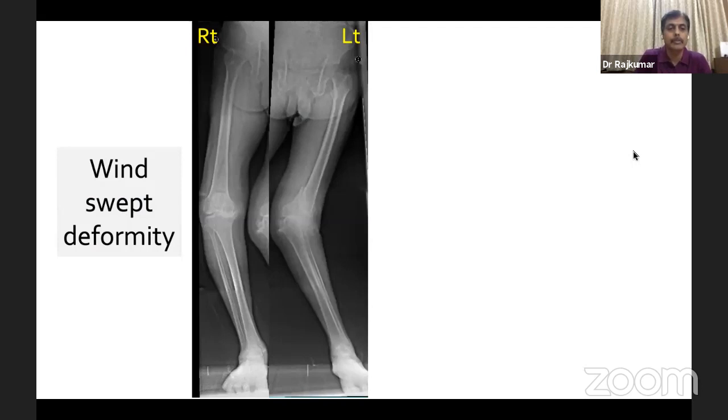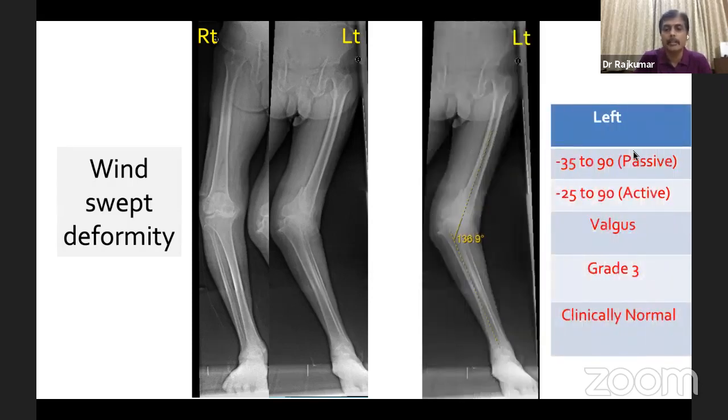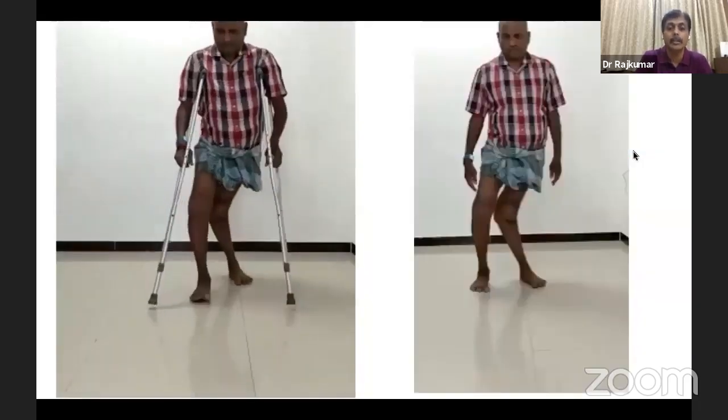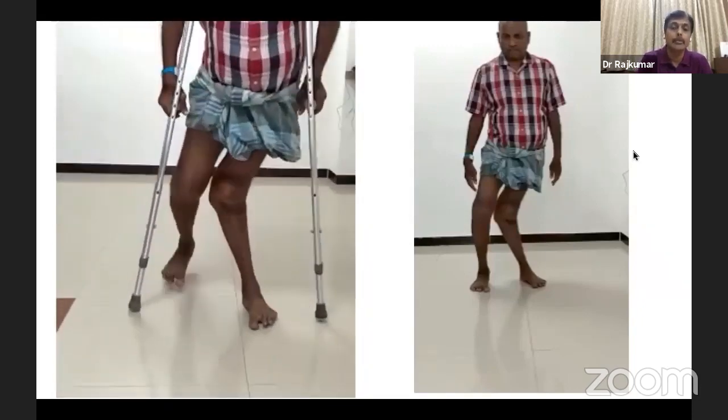So this is a windswept deformity, like right side varus and left side gross valgus deformity with severe bone loss. And if you look at his left knee angle, so much of valgus is there, not only because of the tight structure, but because of the malunited femur and also because of the bone loss on the tibial side. So if you look at the walking video of this patient, he was able to walk with